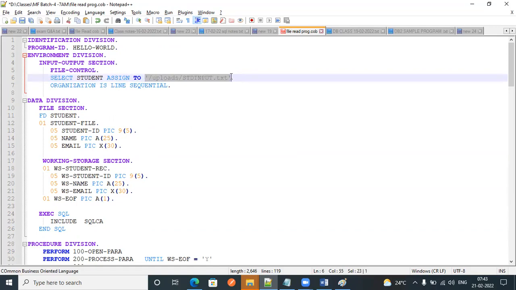This is the path which we have given. But in real time, we will provide it like this. This is the physical file name and this is the logical file name. This name should match the INFILE in our JCL.